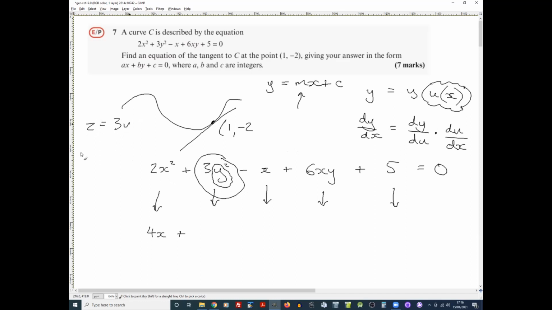So dz with respect to y would be 6y, yes. But the chain rule, the rule for differentiating a composite function, tells us